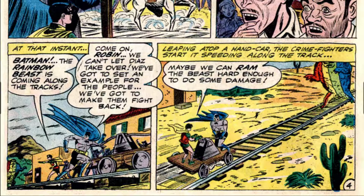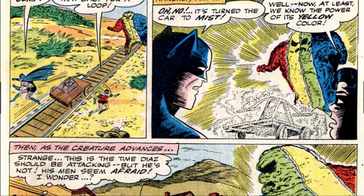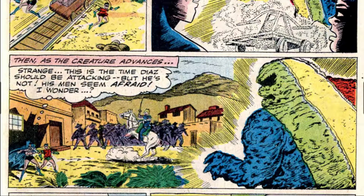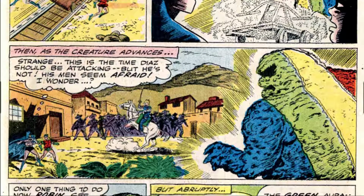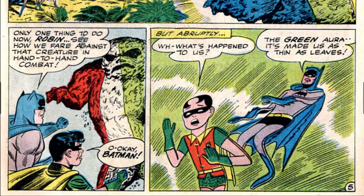Then the creature approaches again, and Batman and Robin use this cart to ram it through. I mean, that doesn't look like it would do much damage even so, but the beast uses its yellow power, and it transforms it into mist, disintegrates it, however you want to call it. And then you can see that Diaz's men are also scared of the beast. So then Batman and Robin have the great idea to attack the beast, which leaves them to be made